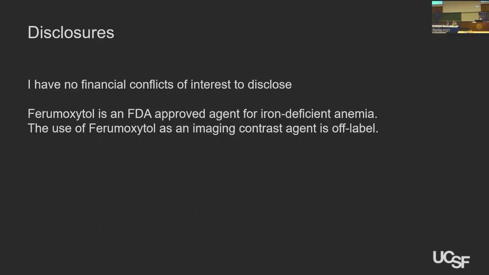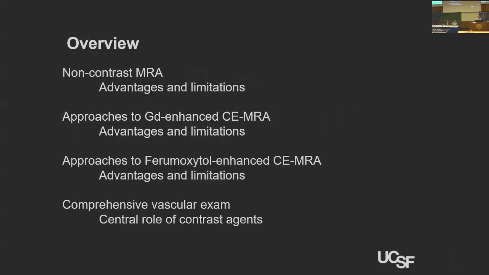I will mention that I will be talking a little bit about ferumoxytol, which is an FDA-approved agent for iron-deficient anemia, but is used off-label as a vascular imaging contrast agent. What I hope to cover today is the advantages and limitations of non-contrast MRA, to set a background for why we might want to look at gadolinium-enhanced, contrast-enhanced MRA, and also options for ferumoxytol-enhanced, contrast-enhanced MRA. And I'd also like to